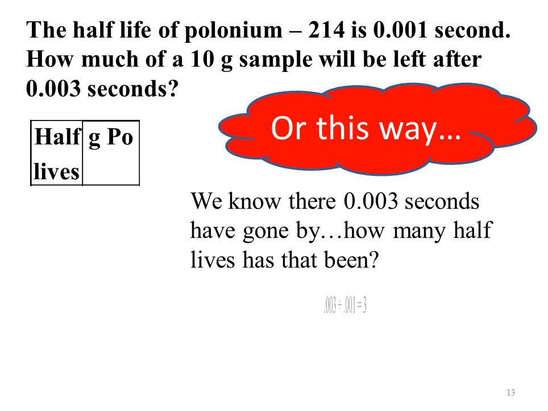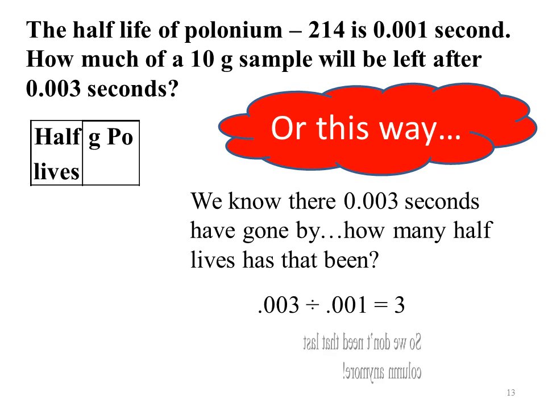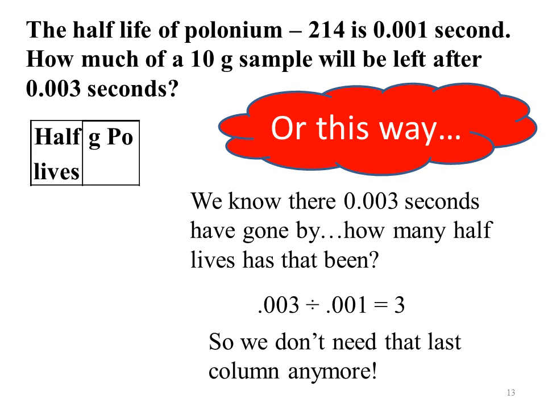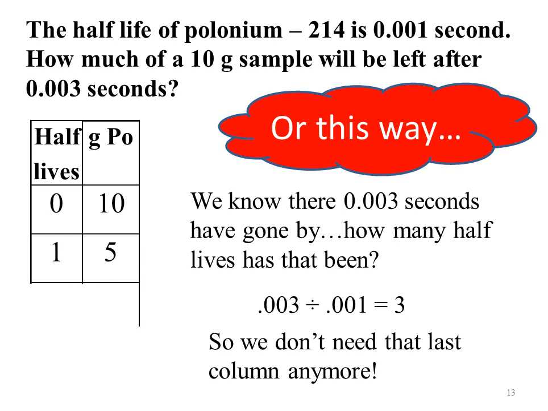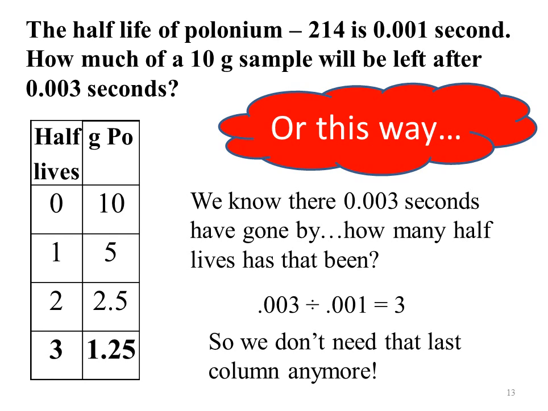So the way that we would do that, we would divide. So we would do 0.003 divided by the half-life, and we would get 3. Now we all know that's correct because we just did the problem. So we don't need that last column in our chart anymore. We can just shorten that little bit, but we're still going to do a chart. We're going to divide 10 in half 3 times. And if you can do it without doing the chart, more power to you, but don't forget that you have to start at 0. So at 0 half-lives, we start at 10 grams. 1 half-life, we start at 5 grams, or we divide to 5 grams. 2 half-lives, we divide to 2.5, and at 3 half-lives, we are dividing